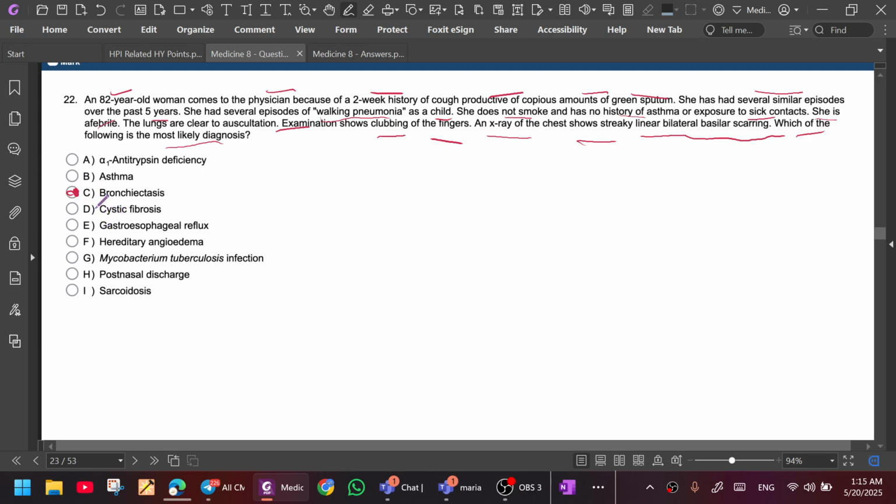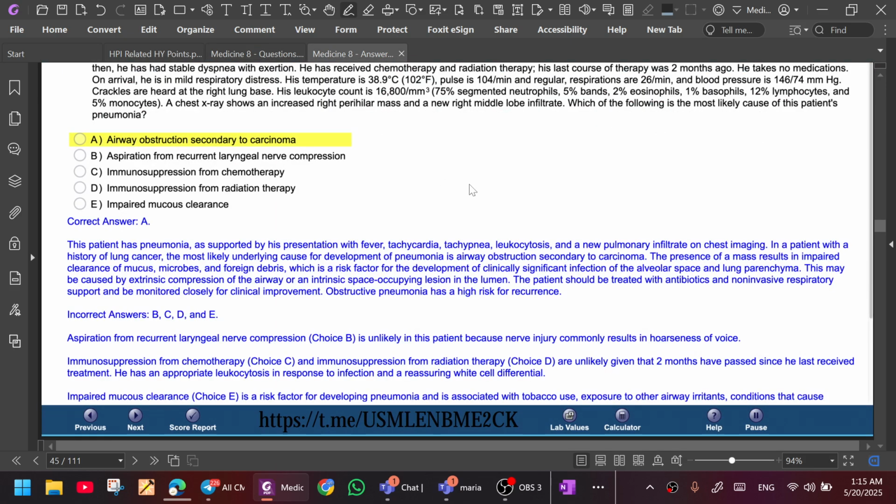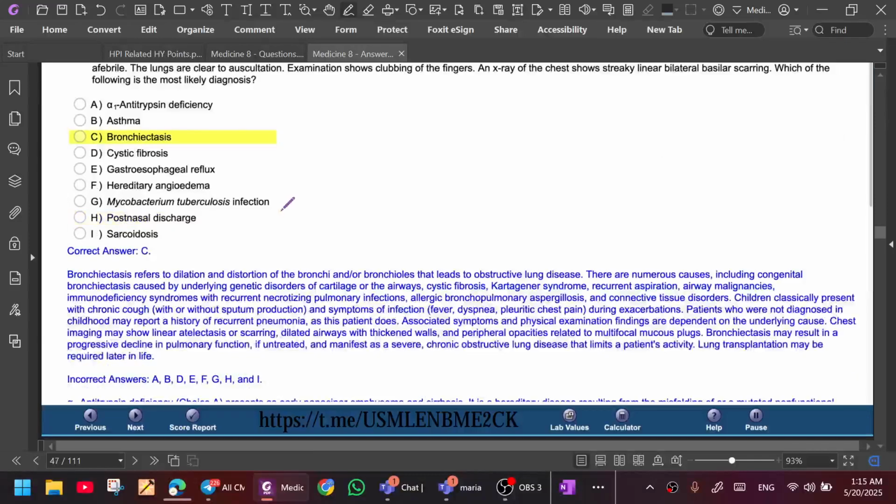Okay, so the answer is bronchiectasis. Bronchiectasis refers to dilation and distortion of the bronchi and bronchioles that leads to obstructive lung disease. There are numerous causes, including congenital bronchiectasis caused by underlying genetic disorders of the cartilage of the airways, cystic fibrosis and cartilage syndrome, recurrent aspiration, airway malignancies, immunodeficiency syndromes with recurrent necrotizing pulmonary infection, ABPA, allergic bronchopulmonary aspergillosis, and